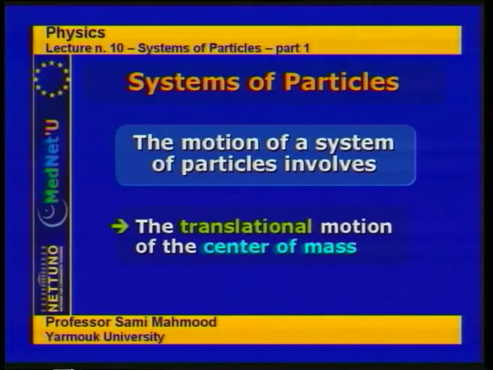As we said earlier, the motion of an extended object involves the motion of this special point, which is the center of mass, and that is simply a translational motion. The center of mass moves as if a particle-like mass is moving, so its motion is only translational. This translational motion is the type of motion that we have discussed until this minute. But as we said,